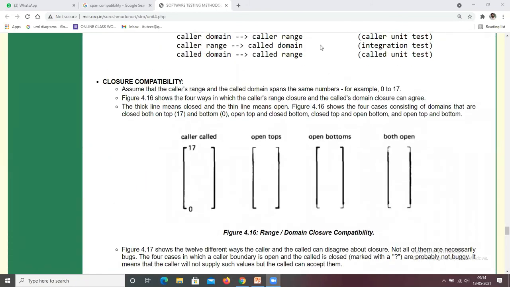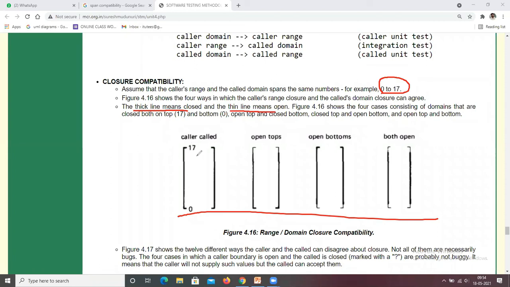Assume that the caller range and the called domain span the same numbers, for example 0 to 17. This is the figure, which shows how the caller's range closure and the called domain's closure can agree. The thick line means closed and the thin line means open.